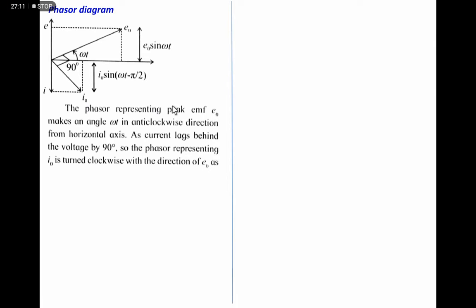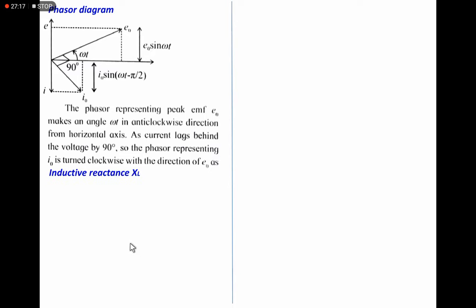Therefore current is here, and the angle between the applied EMF and the induced current is 90 degrees. It is lagging by pi by 2. This we can explain with the phasor diagram. Both the vectors are rotating in anti-clockwise direction, but the angle difference between the applied EMF and the induced current is 90 degrees, which is clear from the phasor diagram. So this is the explanation.